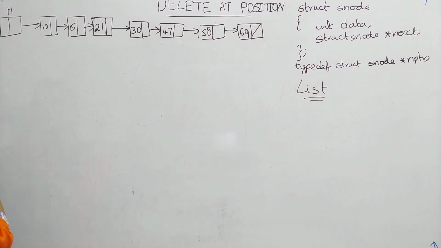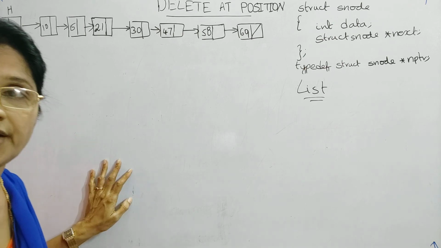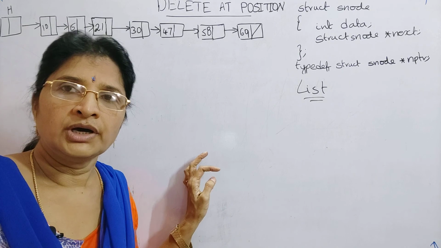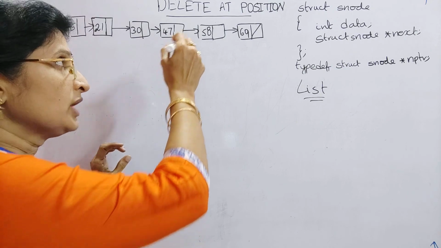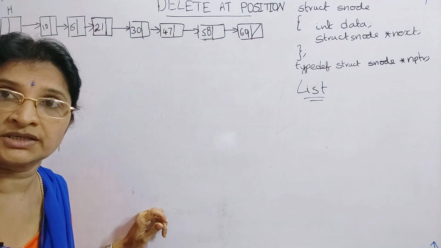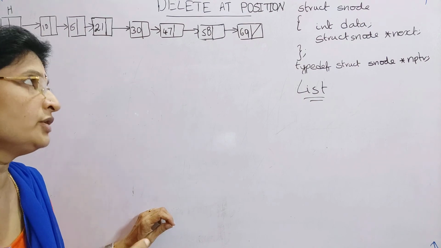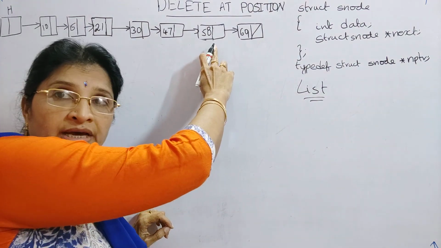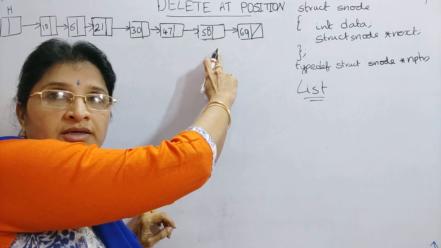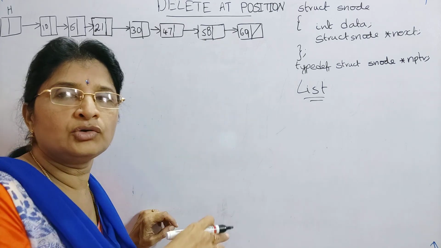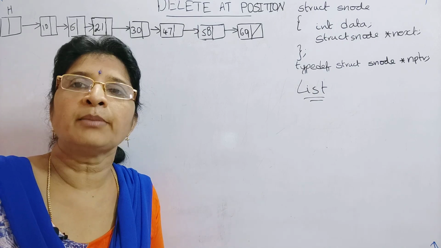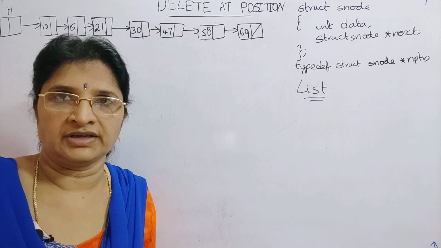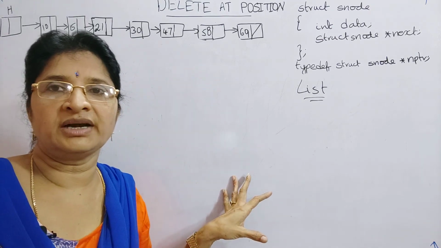First of all, what I am doing is I am not returning any value. If you want, you can also return the value. You can return the data part of that particular node that has been deleted, or if you want, you can also return the node address that you have deleted. In programming, you can handle things in a number of ways. A program can be written in a number of ways, so depending upon our requirements, you can change it.